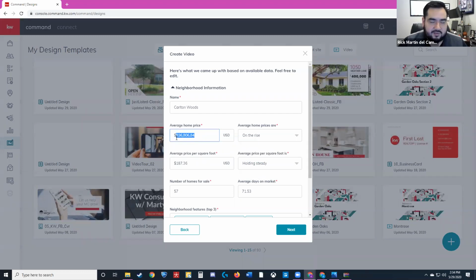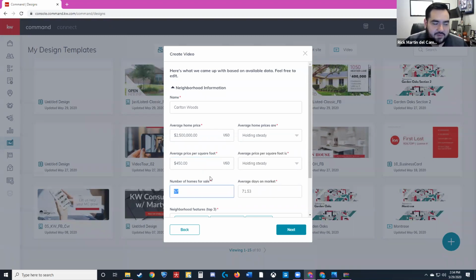I don't know Carlton Woods, I just heard it recently, so that's why I brought it up. But if the average home price is like 2.5 million, I can just type the price in there and say it's holding steady. I can say the average price per square foot is, excuse my math, like 450 dollars per square foot, and that's also been holding steady.